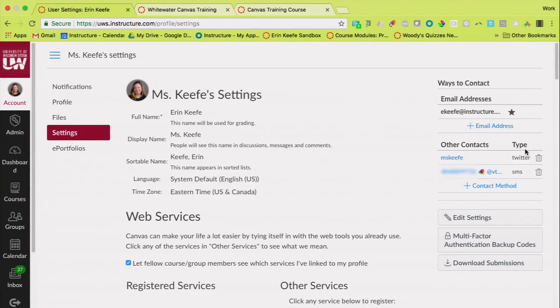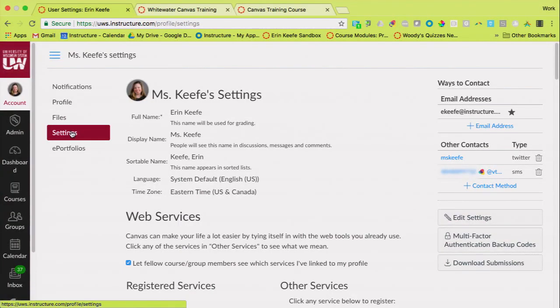Again, no one else sees this. This isn't published anywhere, and I have to a lot of times reassure, especially teachers of high school kids, you can put that in there. This doesn't get shown to your students. They're not going to get your cell phone number. I'm going to show you what those notifications are, and then you can decide if you want to enable another way to be contacted.